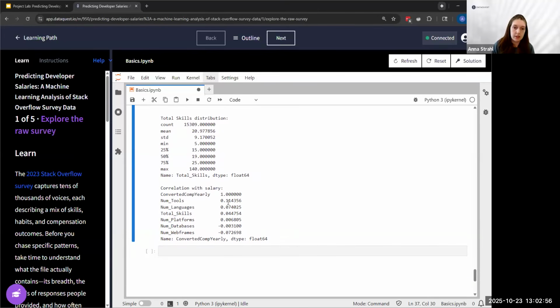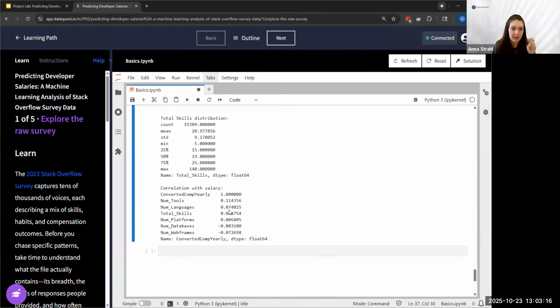Now correlation. This is saying how correlated is the number of tools with your salary. So testing our hypothesis a little bit here that the more tools you know, the higher your salary is going to be, and vice versa. And not stellar results.